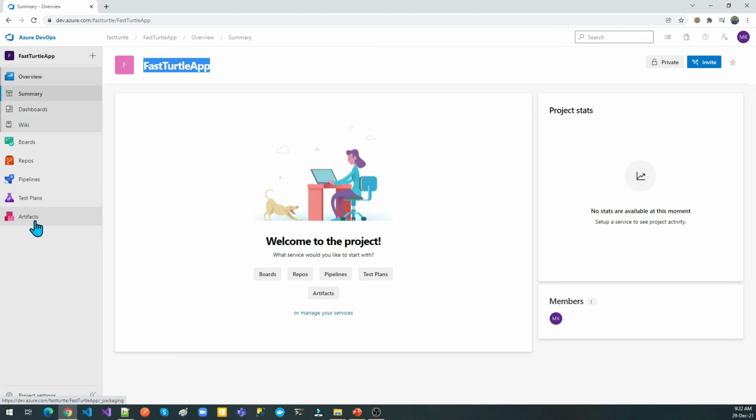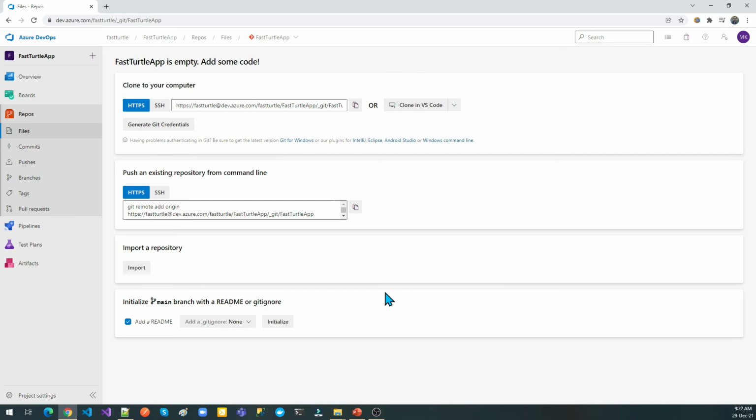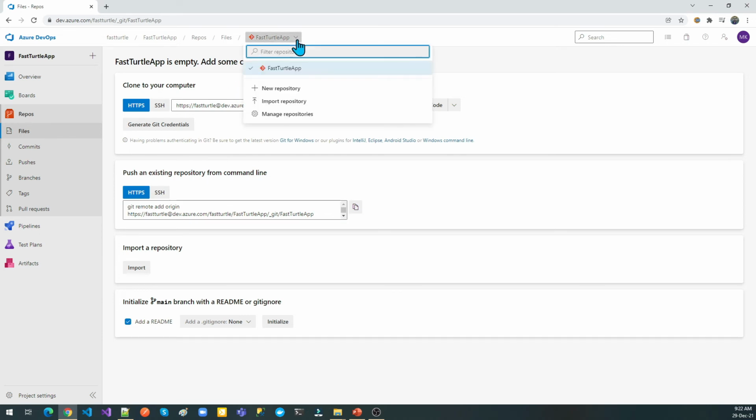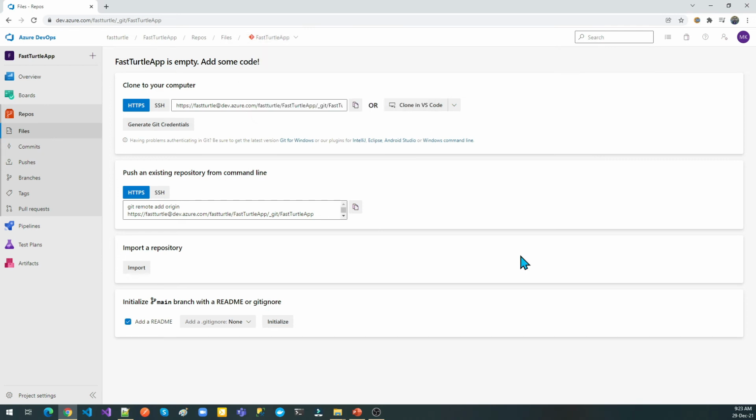Let us go to the repo part. Now we are in the repo part. This is the Git repository, and you can navigate it from here. If you want to create another repository, you can create it. Our plan is to create a .NET Core MVC application. For that, you can come here and it is asking me to add a readme file. If I want to add it, I can just tick it. Otherwise, I'm just removing the tick.